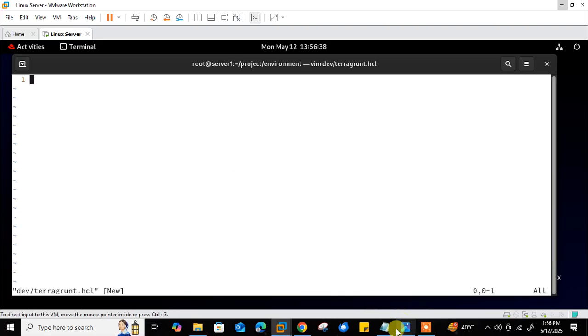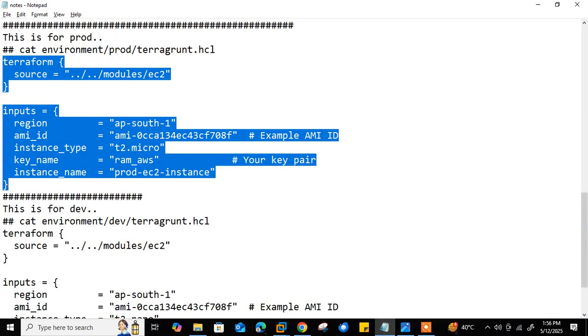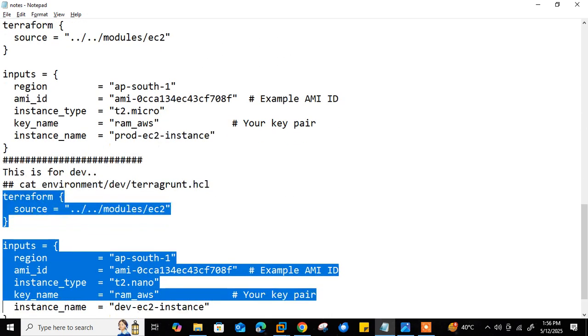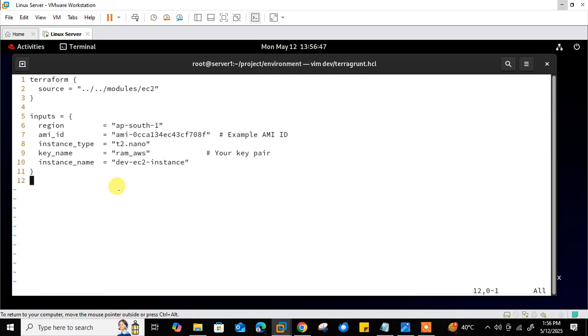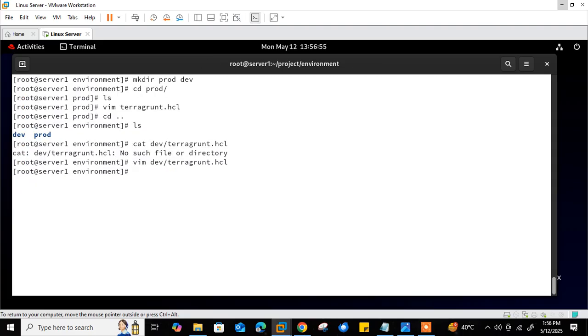Let me create it for development with different values. For development, this time I want to go with t2.nano, not t2.micro, and the name of the instance is Dev EC2 instance, right? The rest of the things you can change as per your own need. So now both terragrunt.hcl files are ready for both environments with different values.